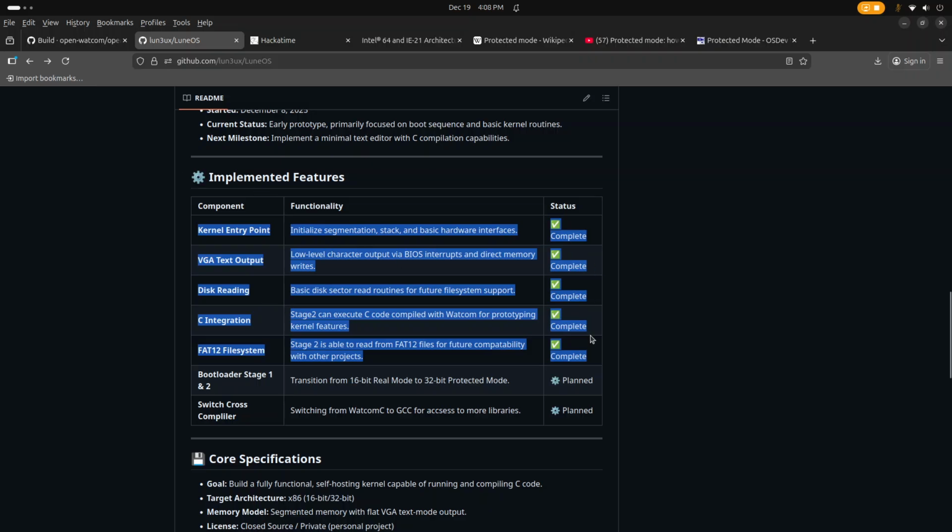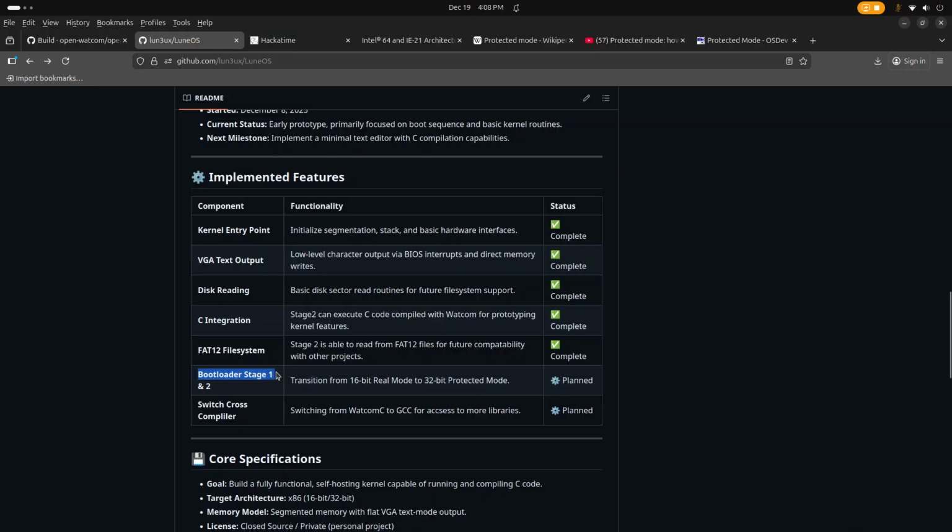Just some basic features. Right now, bootloader stage 1 is fully complete. Now I'm just working on bootloader stage 2, because this is the third time I've had to redo it, transitioning from real mode to protected mode.